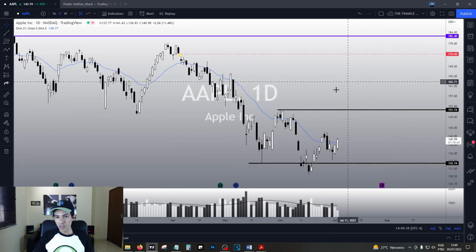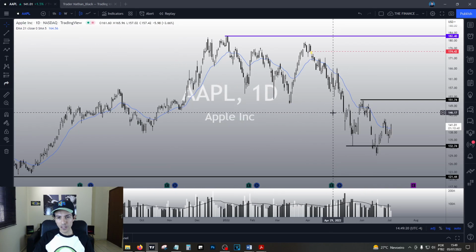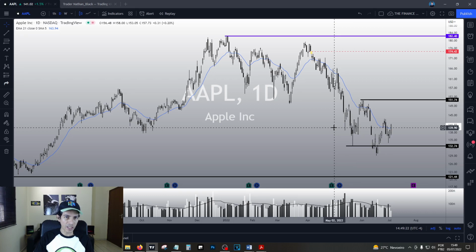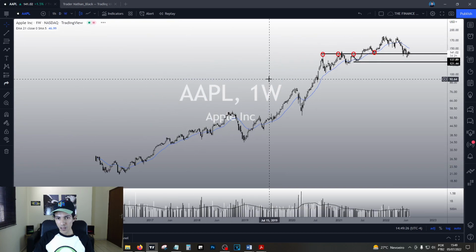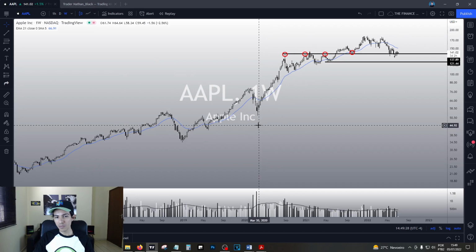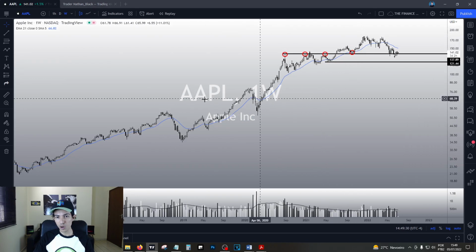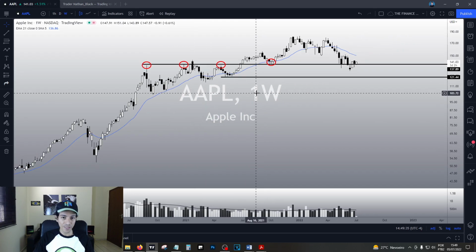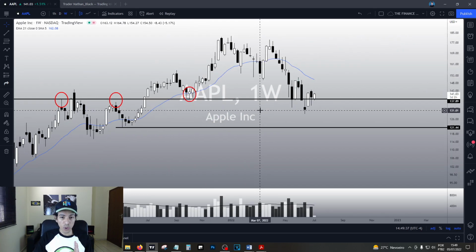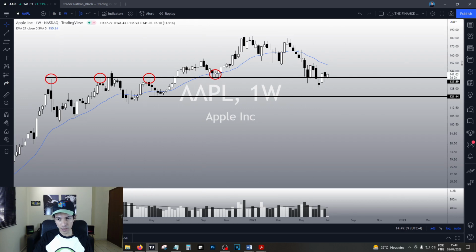Now, let's talk about Apple. Let's do a complete multiple time frame analysis on it. First, in the weekly chart, Apple is in a bull trend, okay? The chart is clearly going up. We are doing higher highs, higher lows. We have an important key point at this black line over here, 137 roughly, right?